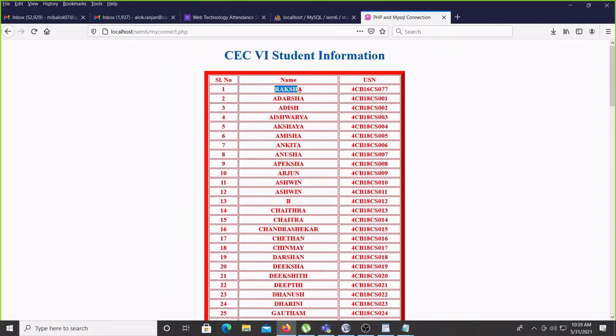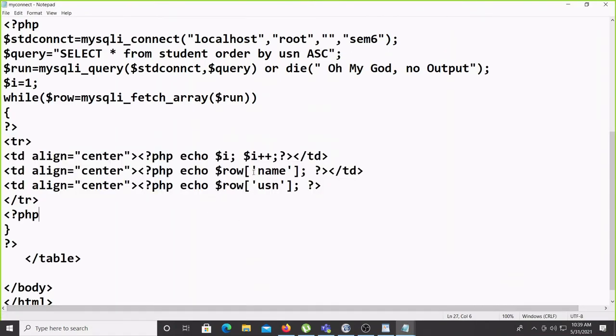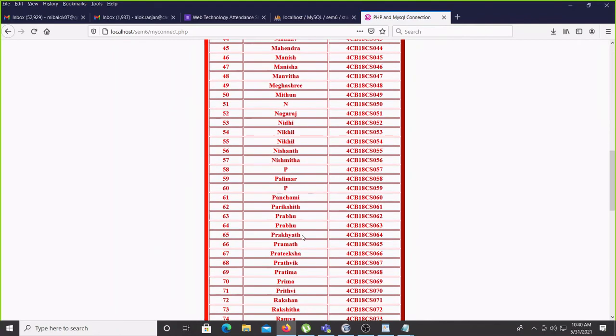Now here one more thing I want to say. Here you see name all are coming in the capital, but I want first letter in the capital only. So what I can do here, only name. So in that case this name is coming now. You will use the PHP inbuilt string function, strtolower. So this value all they will convert in the lower first. Okay, and then one more function is there that is called ucwords. Then we pass like this. Control S, refresh. See all first letter is coming capital, na?